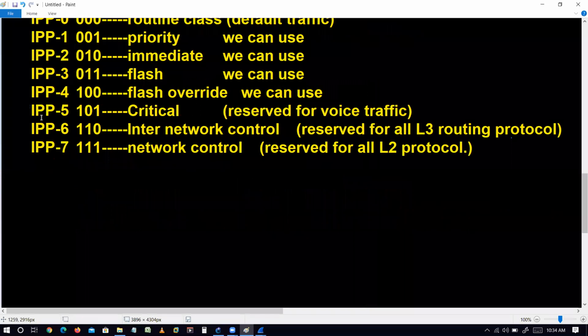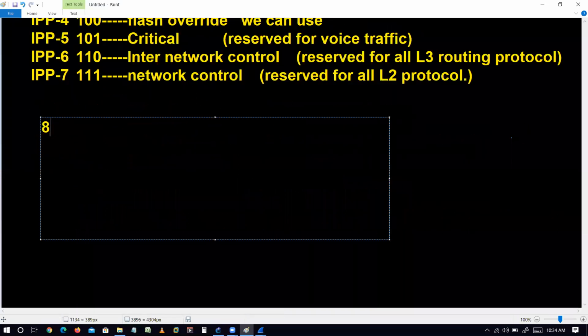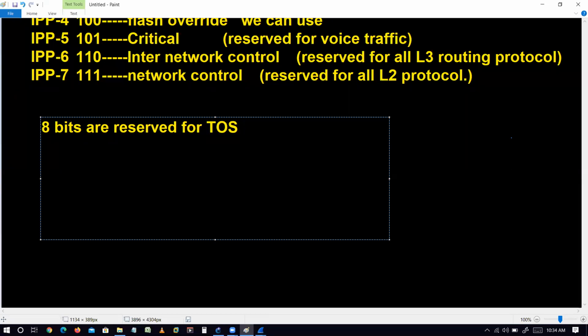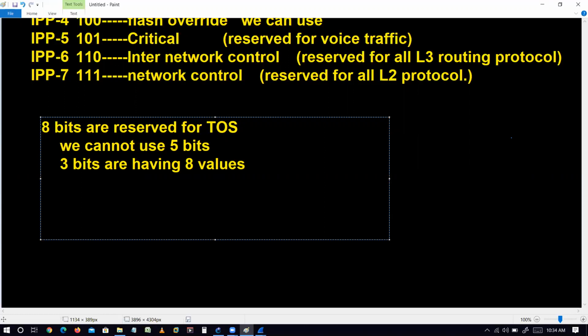Now, as I told you, we have 8 bits. So 8 bits are reserved for ToS. And again, from these 8 bits, we cannot use 5 bits. So how many bits can we use? We can use just 3 bits. Again, those 3 bits are having 8 values, right? Again, on those 8 values,